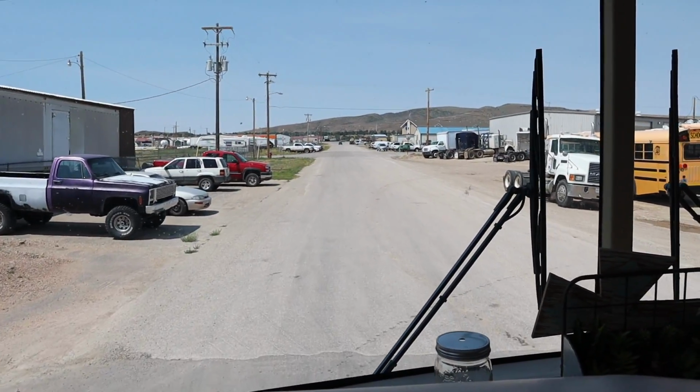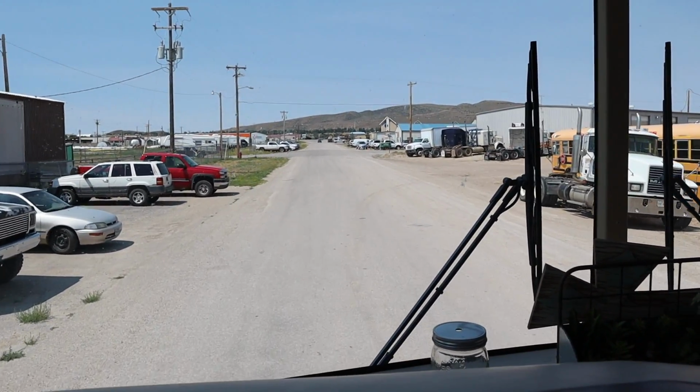Okay, so I got the Jeep hooked up, and now one of their mechanics is going to be riding with me, and he's going to be monitoring the system as we're driving to make sure everything is working operationally. Okay, so we're headed off on our test run to see how it's performing. I got John in the back. He's on the computer checking to make sure that all the codes and everything are...